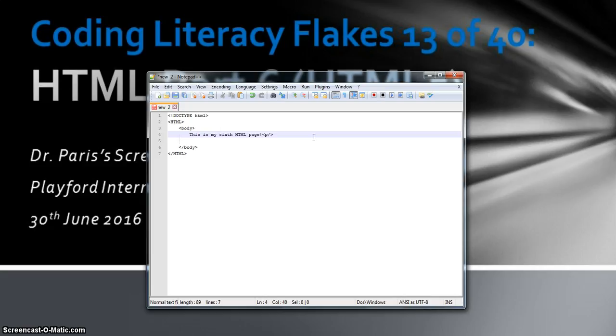Down the track, the programs get a lot more complicated, and you're going to have to debug programs in the future. And if they've got all this code to work out where it starts and stops, it makes life easier for them. Okay, now below is an example of embedding